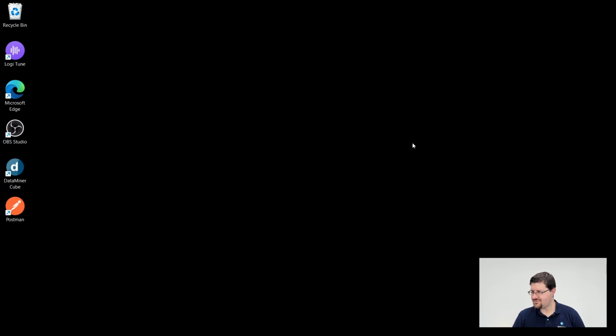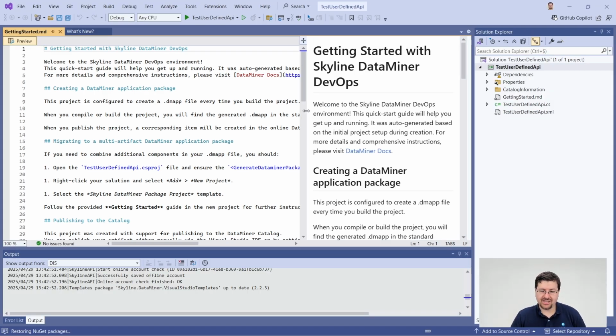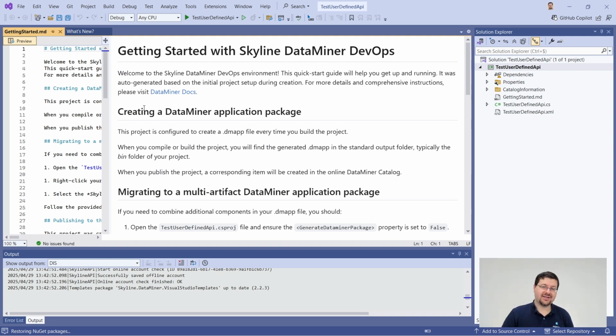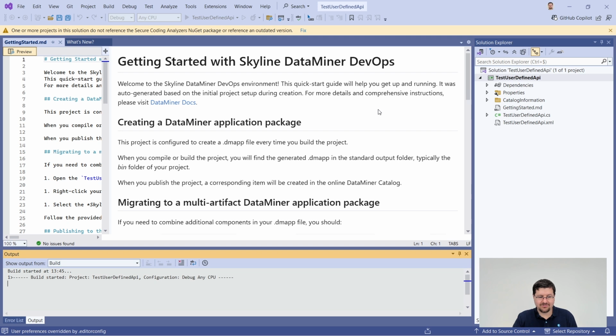Now, once it's done this, you should notice that it immediately opens up a getting started. Whenever you're in doubt about what to do, go to the getting started. I know a lot of people don't like reading too much text, but this one's really good because it gets generated with the information that's important to you based on what you selected in the wizard. So in this case, you'll notice that it mentions that to get a DataMiner application package, you can simply build the project. So pretty much if I right-click here and I select rebuild or build and give it a moment,